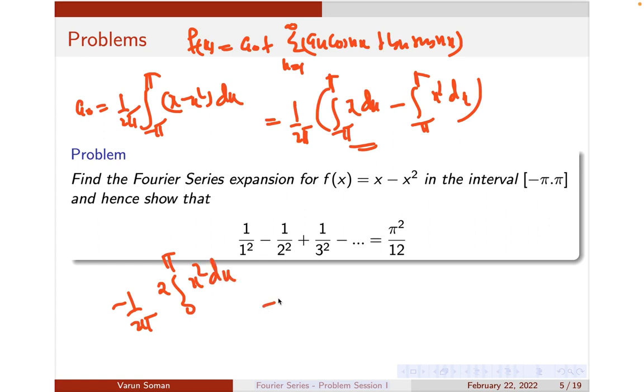So it is minus 1 by pi into x cube by 3 in the limits 0 to 3. So I think it is minus pi square by 3. Okay, I have just used the properties of even function and odd function there, or else you can directly evaluate